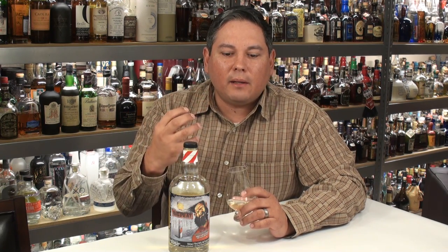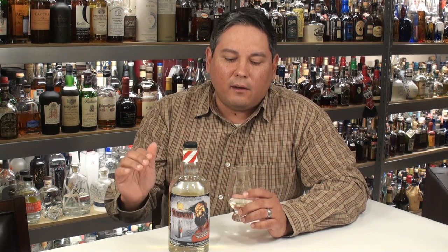55.7 ABV, does not feel it on the nose. I do like to open the glass up for about 5 minutes, let it aerate, burn off some of that alcohol that initially comes out of that glass. And what you're left with is a very sweet, creamy smelling Islay whiskey. You do get a lot of, again, the orchard fruits, so some red and golden apples, maybe the subtlest hint of some apricot underneath, and then you get some red berries sprinkled in, a little cinnamon,